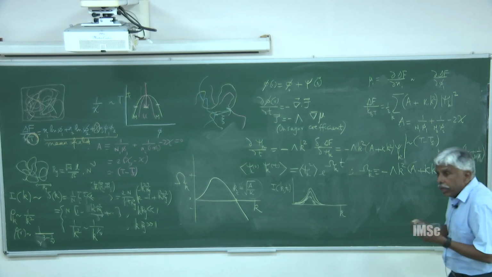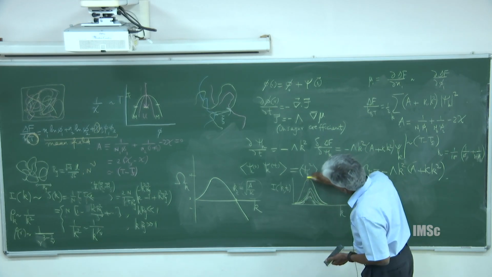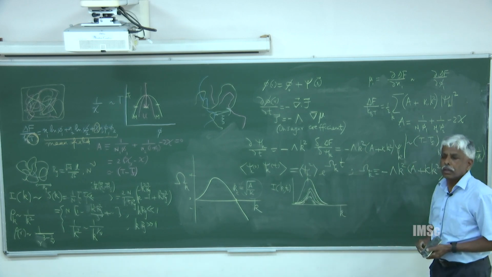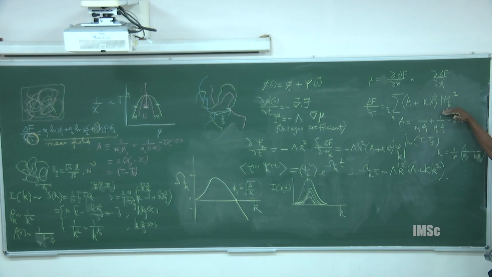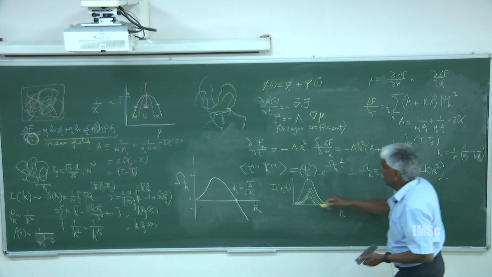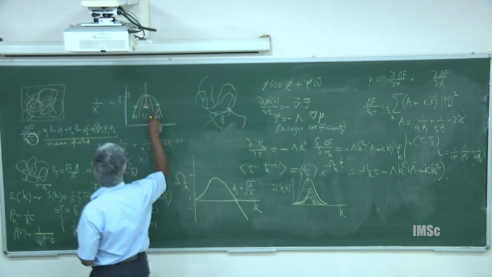Okay, but now if you wait long enough, you will see a peak like this. The maximum has moved to the left, because when the fluctuations are growing, I cannot afford to be stuck only with the psi k square term, because now the magnitude of psi k becomes larger, the fluctuation becomes larger, therefore the psi cubed term will be important, the psi fourth term will be important. So I have to take that into account, and that is beyond the scope of these lectures. But if you do this, then eventually you get the ultimate phases.